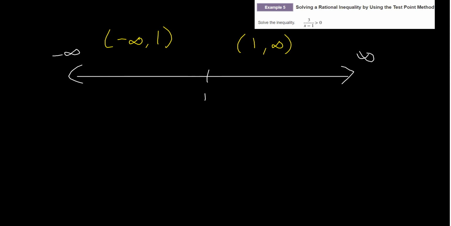So my test point here is obviously going to be 0. Love using 0. It's too easy. And then 2. Okay, well, if I plug in a 0 into this equation, 3 over a negative 1 is going to be a negative number, and a negative number is not greater than 0. And if we plug in a 2, 3 divided by 2 minus 1, which is 1, 3 over 1 is 3, and 3 is indeed greater than 0. And so that is my only